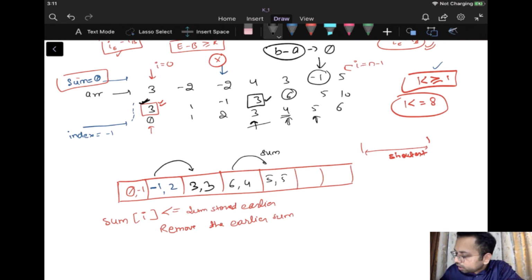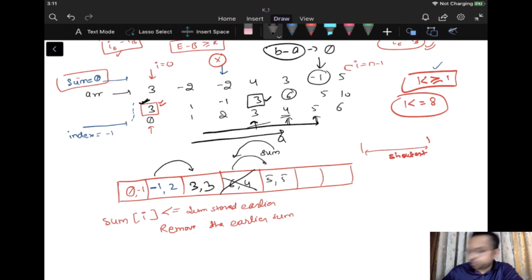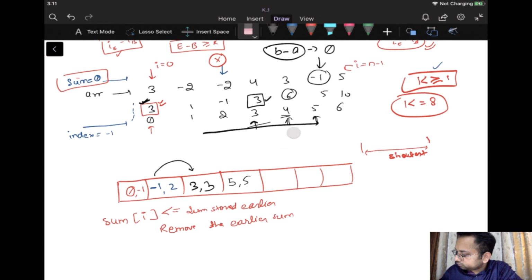So what I'll do, I'll remove the previous bucket, since this cannot be the starting point. So you cannot make this the sum A from B. So yeah, we should remove this negative index. So what I'll do, I'll remove this and I'll insert 5 comma 5 because this could be the starting point, right? So I have removed it. Now I'll move one step ahead. So the sum is 10 comma 6.